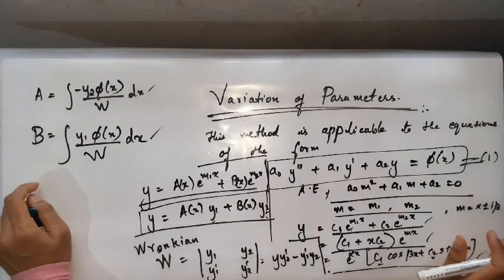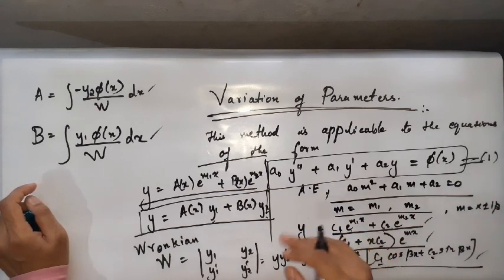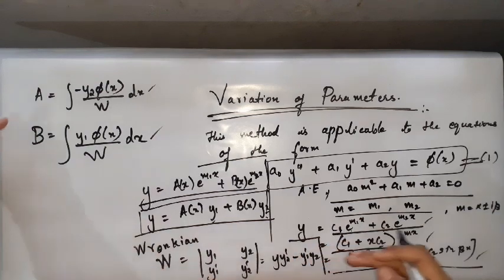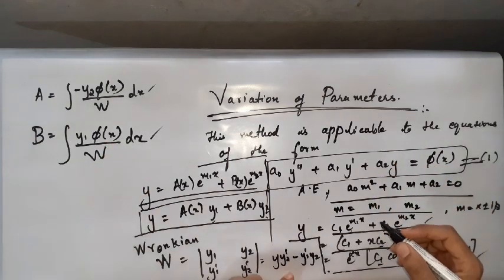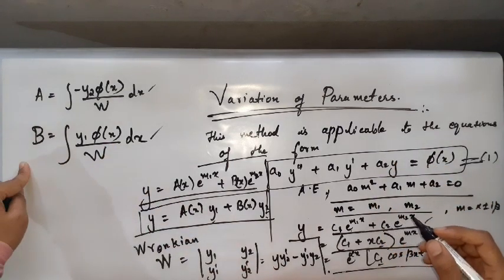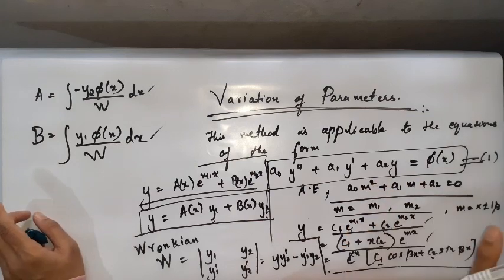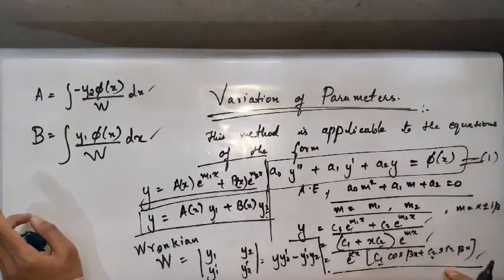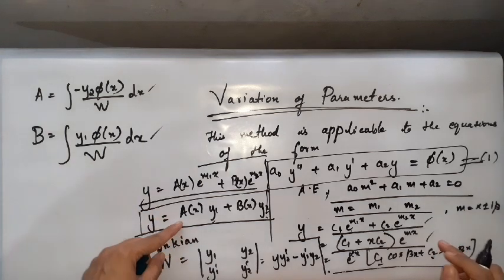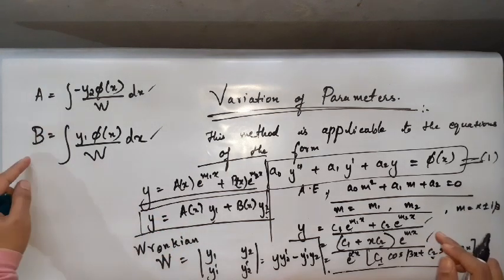So this is a slight explanation. After getting the Wronskian, you use the formulas for a and b which are given here. You need to memorize the Wronskian, the value for a and the value for b, and that is enough for you. You can easily work with the problems because this at least is a background. You already know it till here. After this there is a slight change, that is the Wronskian, the value for a and the value for b.